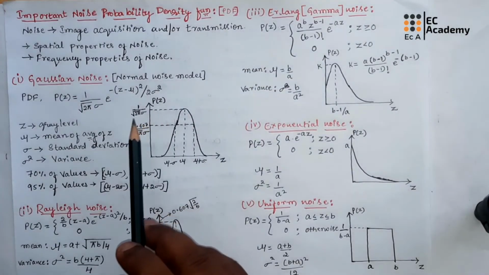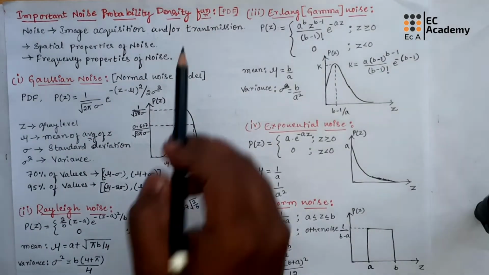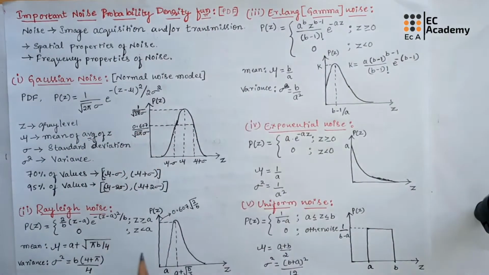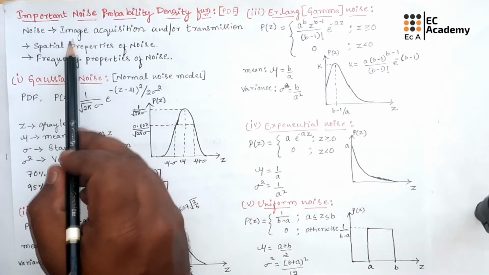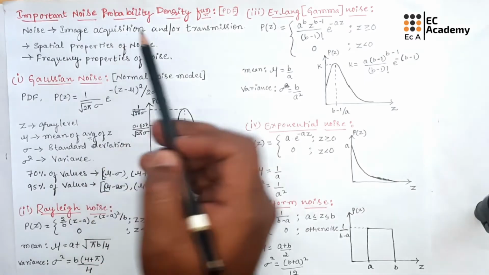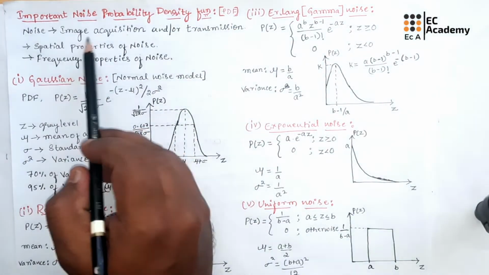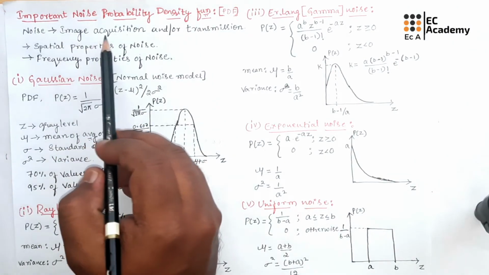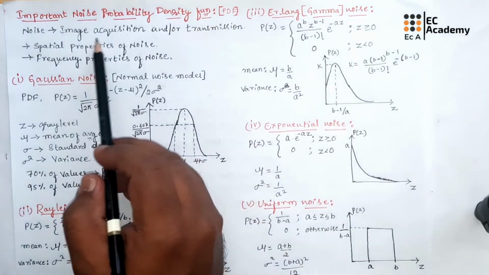In this lecture, let us understand the important noise probability density functions, which are also known as noise models. The principal source of noise in digital images arises during image acquisition and/or during transmission. So, the noise in an image will arise during image acquisition and during transmission, or only during image acquisition or